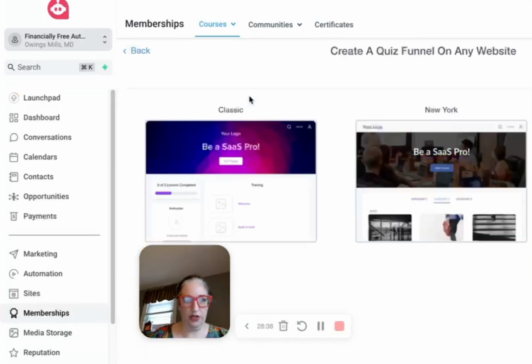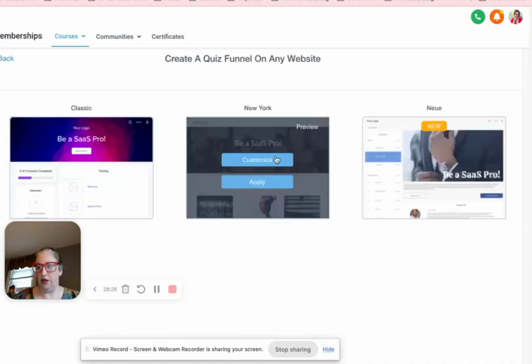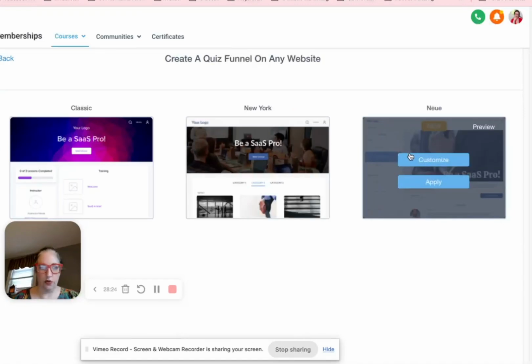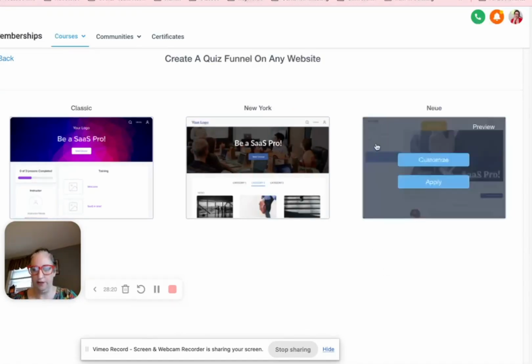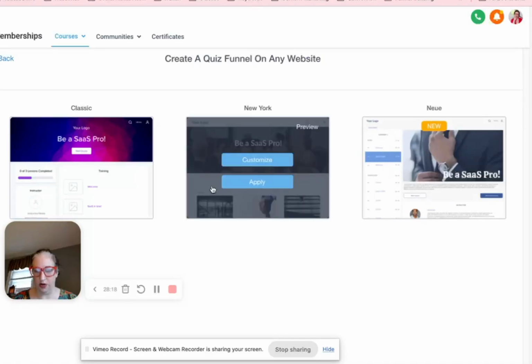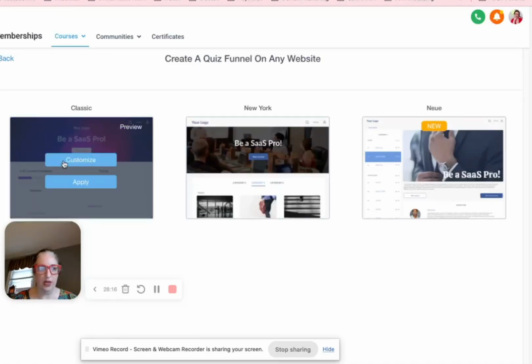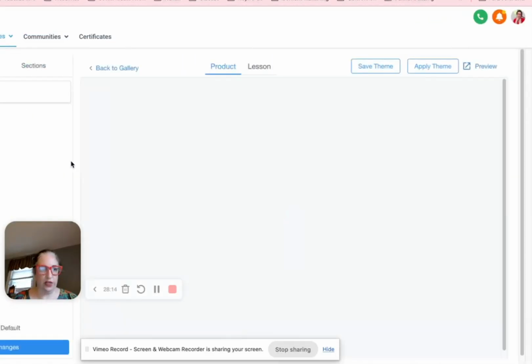Up here under customize, you end up here and you're like, yeah, what the heck is all this? I don't know. So you back out of it. But this is actually where you need to be. These are slightly different themes with how your course is laid out. Like you can see on this one, there's a left-hand sidebar. On this one, it's along the bottom. So any one of these, you click Customize,